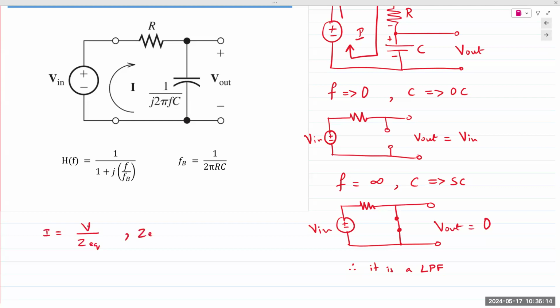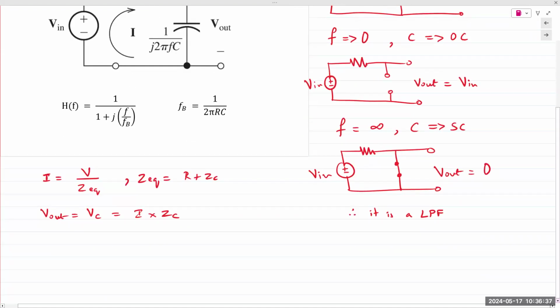ZEQ is R plus ZC, and then output V out is the capacitor voltage VC, which you can find from I times ZC. These are all phasors, complex quantities. You will have V out and V in in that equation. You rearrange the terms to obtain